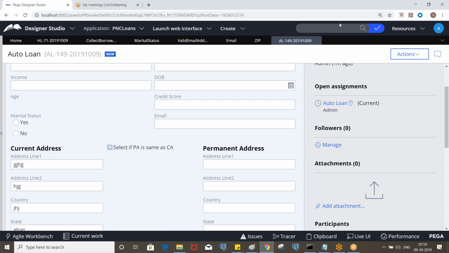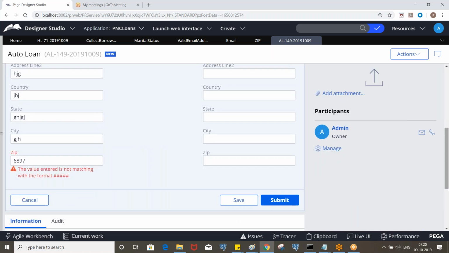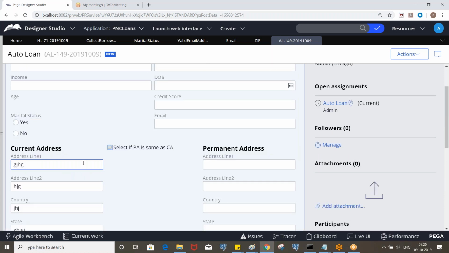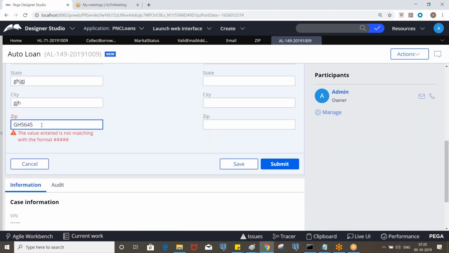Even if we enter 4 digits, it will display the same message because it should always be 5 digits. But if we enter, let's say, an alphabet like this, see now. Let's say this is 5 digits only, but it contains a character also, right?